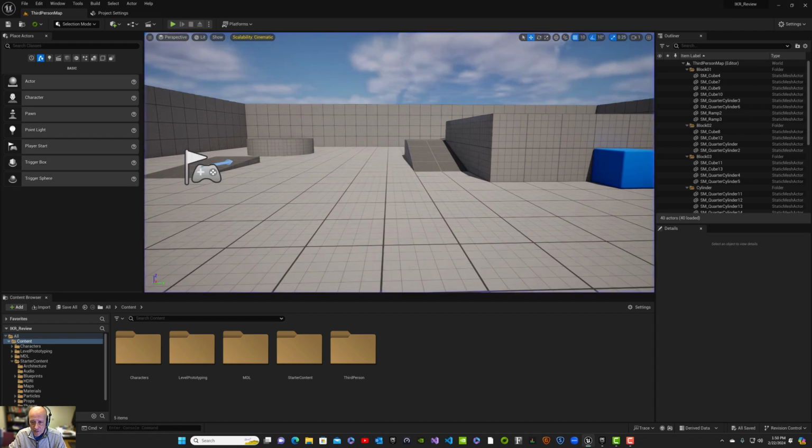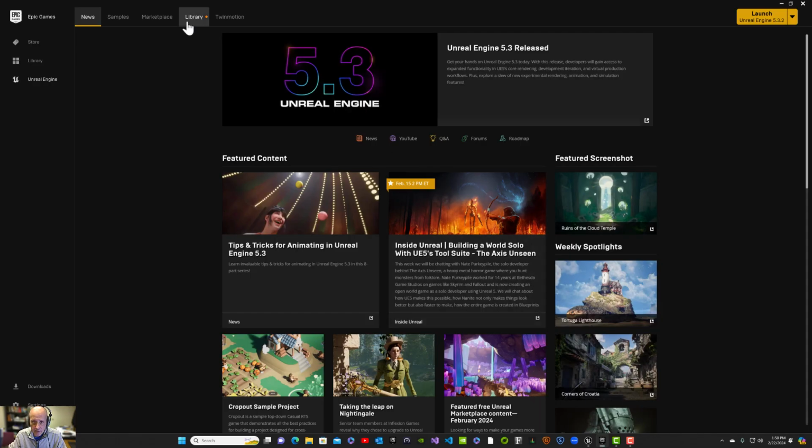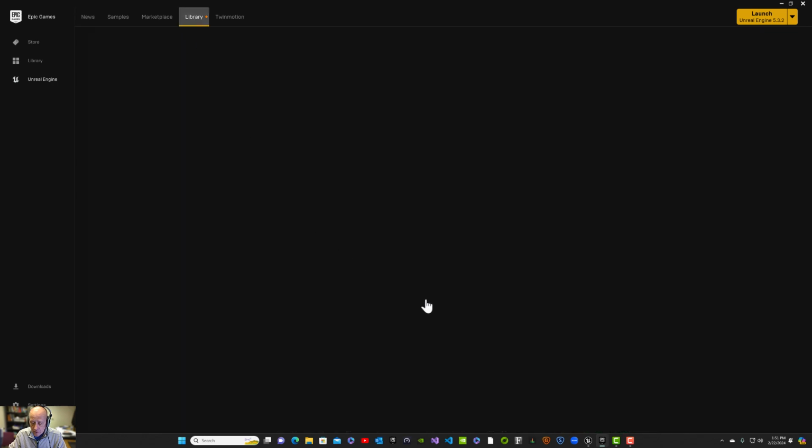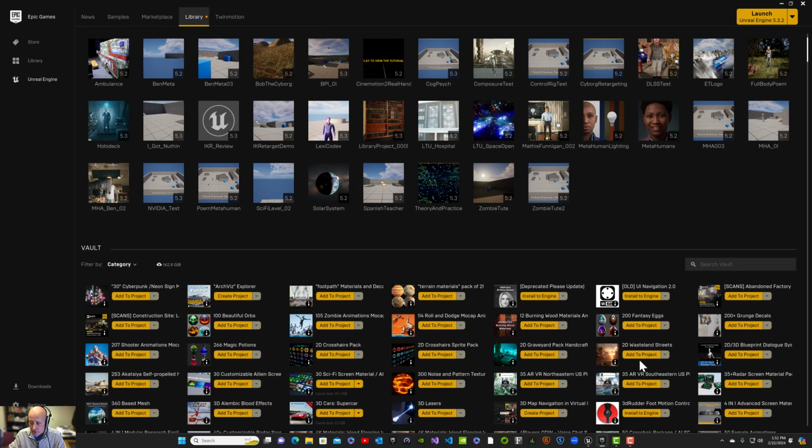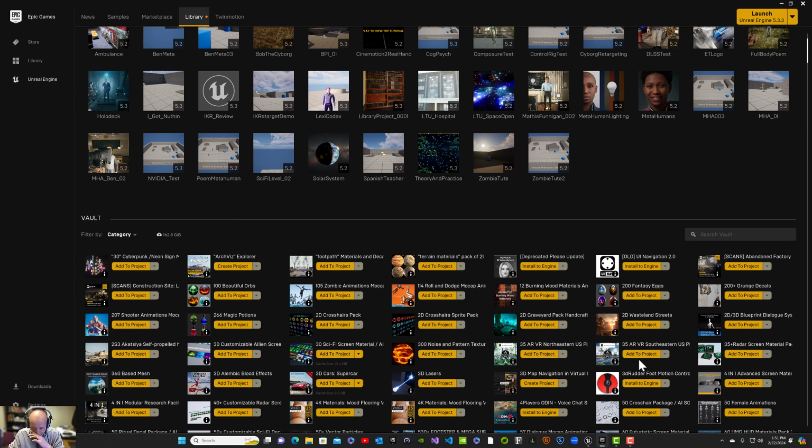All right, but I don't have the other assets that I need. So I'm going to go to my Epic Marketplace, and I already have these in my library because I own them. But I'm going to import two characters, and one of them I'm only importing because I like the animations that it comes with. And the other one is not animated at all, but I'm going to be stealing, sort of, the animations from character A and retargeting them onto the character that I want to play as. Okay, so the character in this case is going to be Ghost Lady,